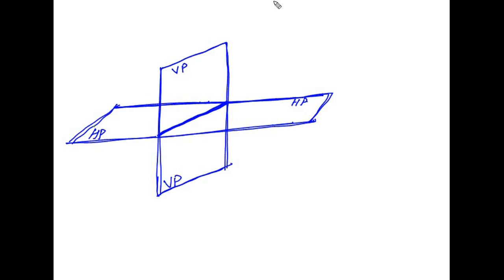We will start with projection of point, then we will go to lines and planes and then solids, and then we will take some three-dimensional objects, and then we will draw them in the two-dimensional projection. That is actually orthographic projection, what it means, right? We take three-dimensional and project, bring it down to two-dimensional. Three-dimensional object will project on two-dimensional plane, right?